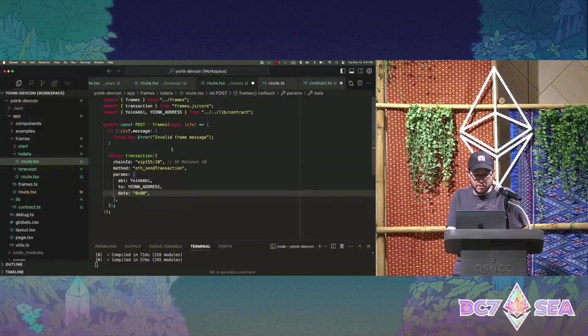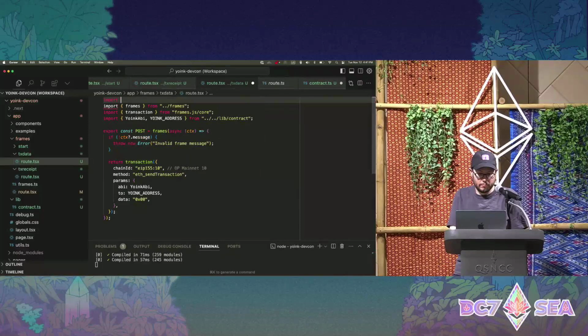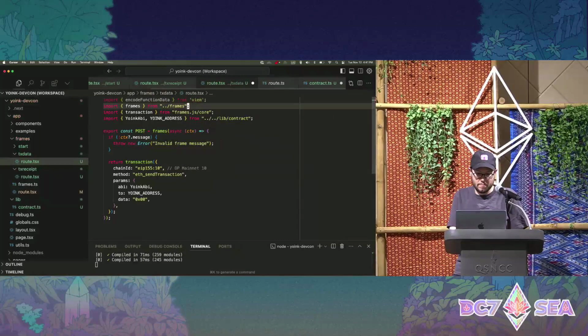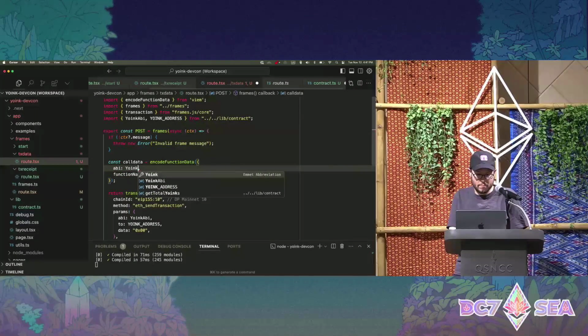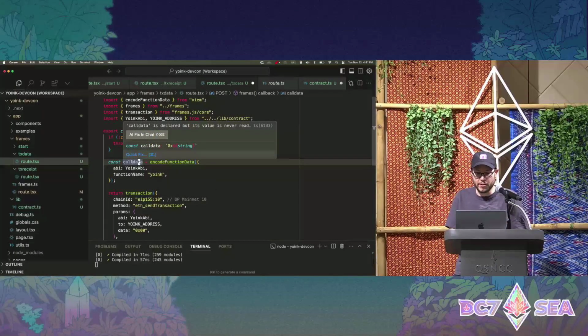All right, cool. So we can just use this viem helper, encode function data. We can pass it the ABI of our contract, the function name that we want to encode, and get back the encoded call data to call a particular function on that contract.